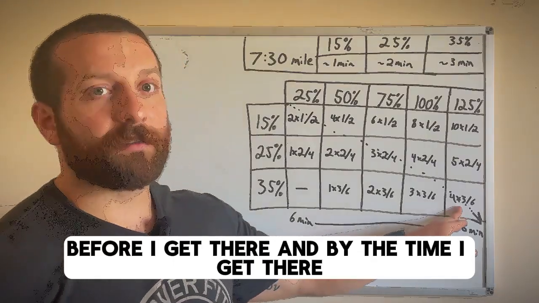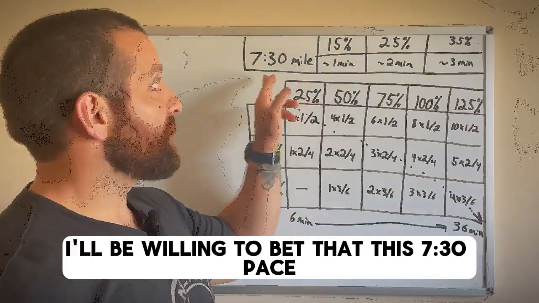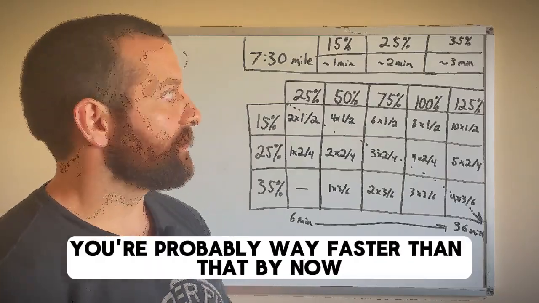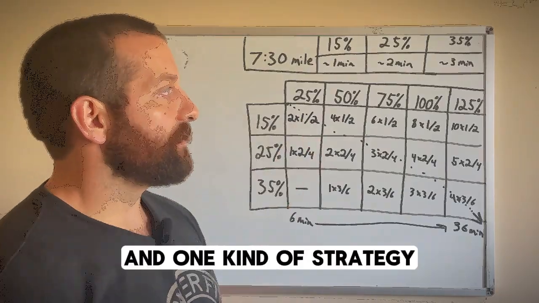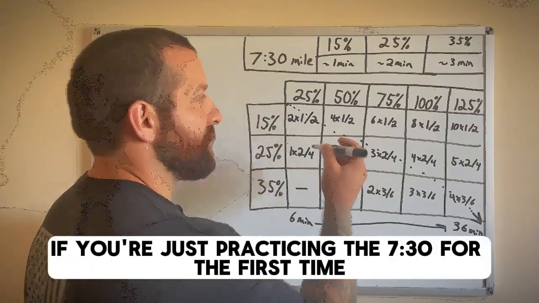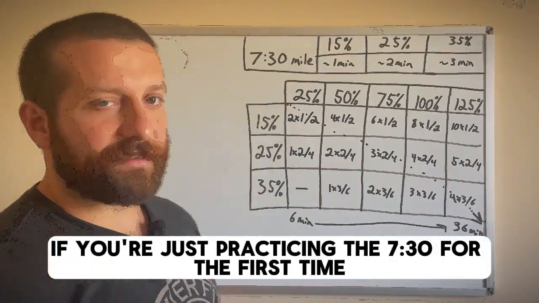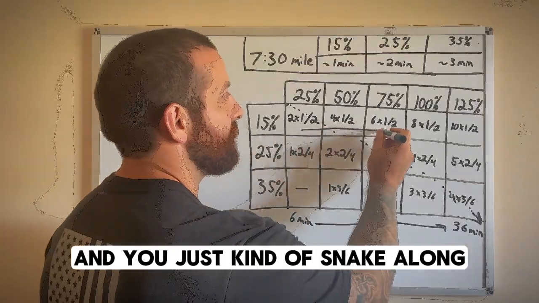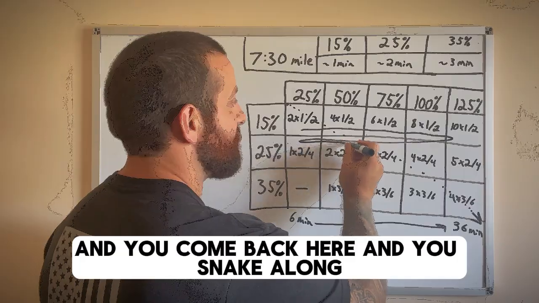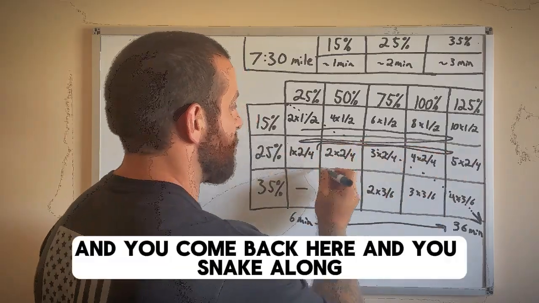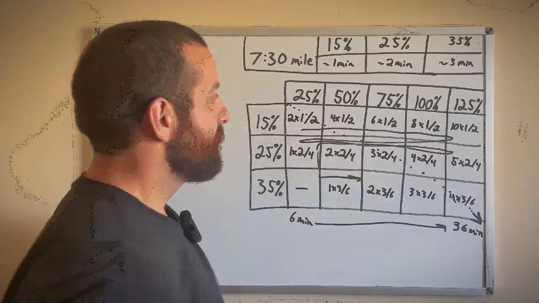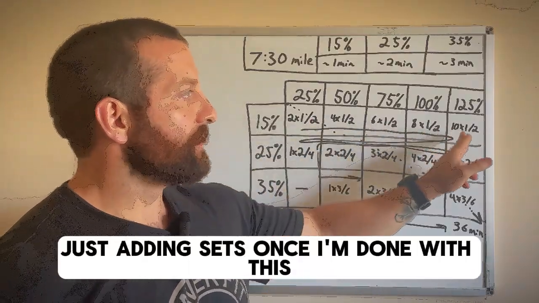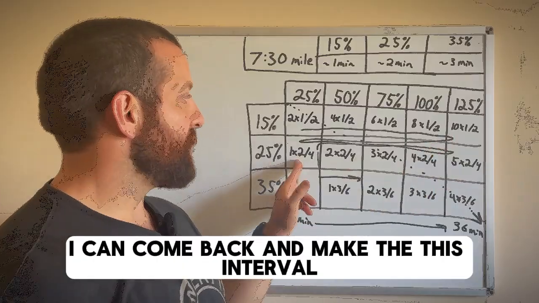And by the time I get there, I would be willing to bet that this 7:30 pace is no longer relevant. You're probably way faster than that by now. If you're going through some of these, one strategy, if you're practicing the 7:30 for the first time, is you snake along, and you come back here and you snake along, and you come back here and you snake along. So I'm going through all of these, building up, just adding sets. Once I'm done with this, I can come back and make the